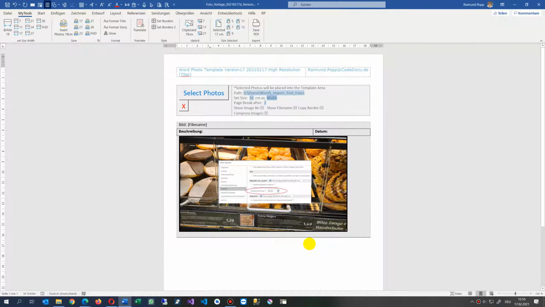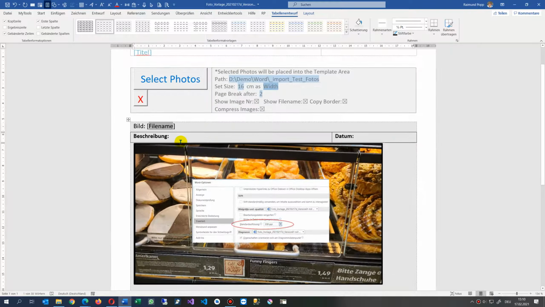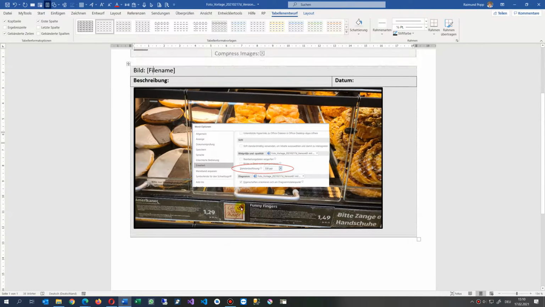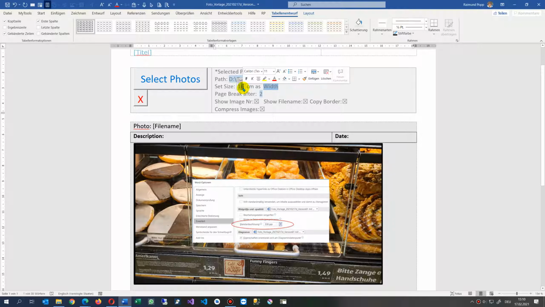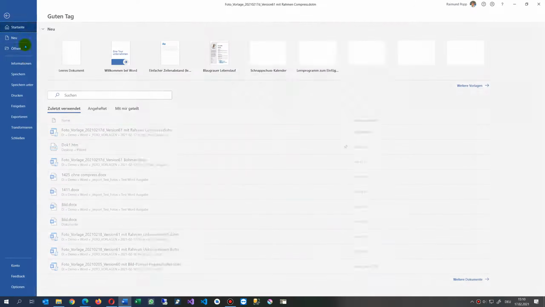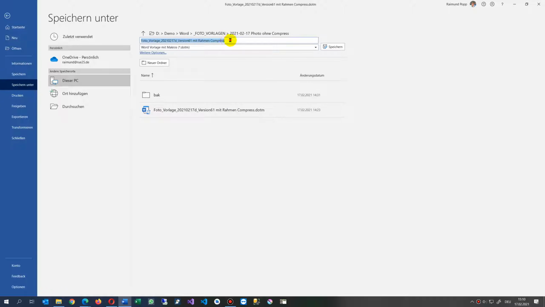If you have it like this, then you may do all changes in here, and keep the action. Be careful to keep this file name in the brackets in the placeholder there, so it's still always available. And you make your own description, for example, and so on. And here the date. Change it to your own photo date. Okay, and then set up your path and all that stuff, and then save it. Save it under a new name. For example, that's my template,